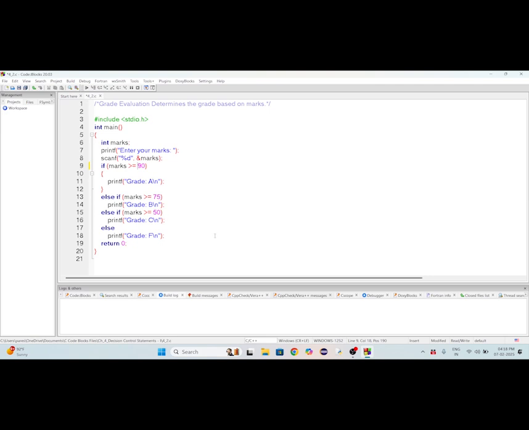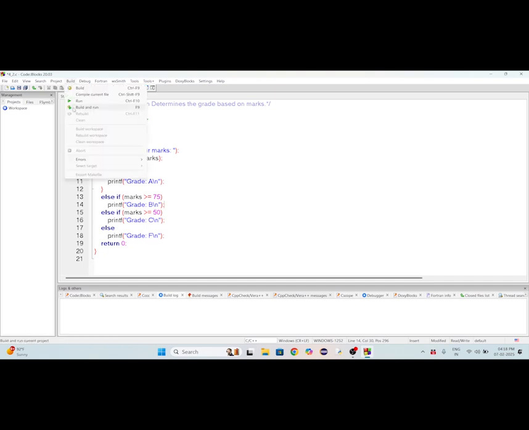Another important point to note is that if you have only one statement as part of the block of if, else if or else, then it is totally fine if you do not mention the pair of curly brackets. So I have purposefully kept one pair of curly brackets to show the block of if, and no curly brackets to show that a single line statement of that block does not need them. Okay, so let us check the output of this.